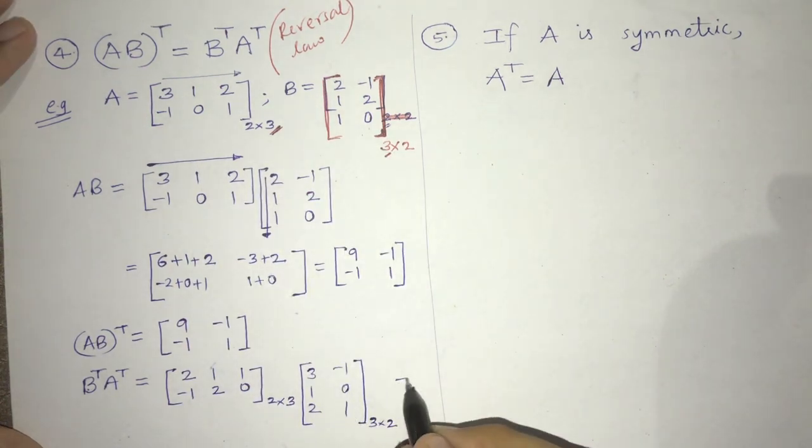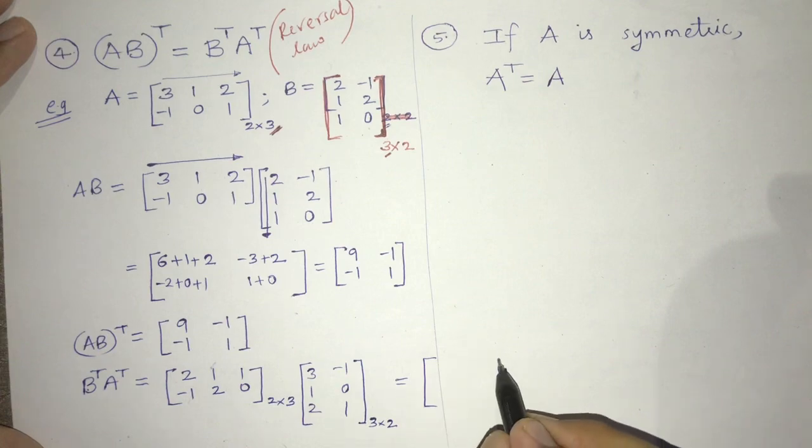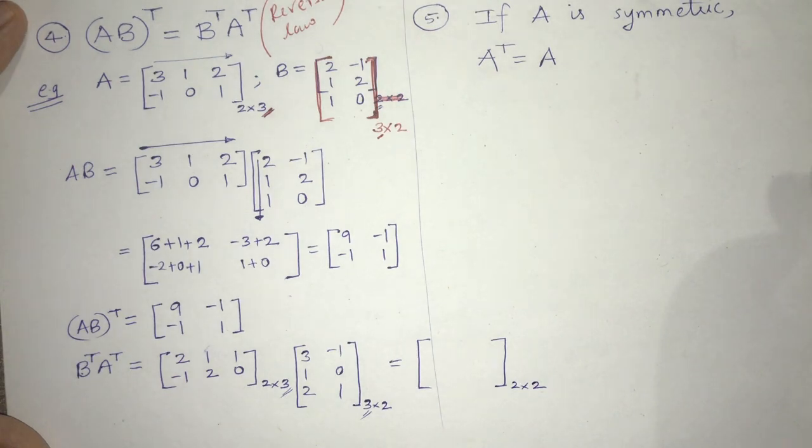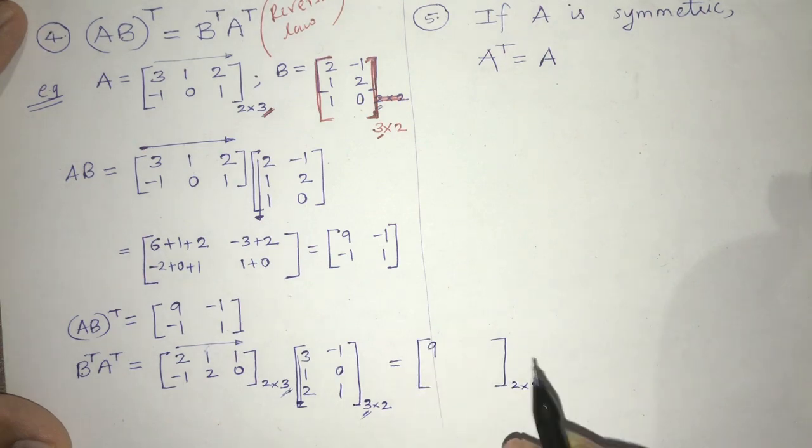And we are going to multiply the matrices. मल्टीप्लाई करने के बाद हम लोग को 2 by 2 मैट्रिक्स मिलने वाला है. 3 3 मैच हो रहा है. Okay, so number of columns here is matching with the number of rows here. Let us do horizontally. यहाँ पे जाएगा, यहाँ पे हम लोग का vertically जाएगा. We get 2 into 3, 6 plus 1 plus 2. 6 plus 1 plus 2 is going to be 9.